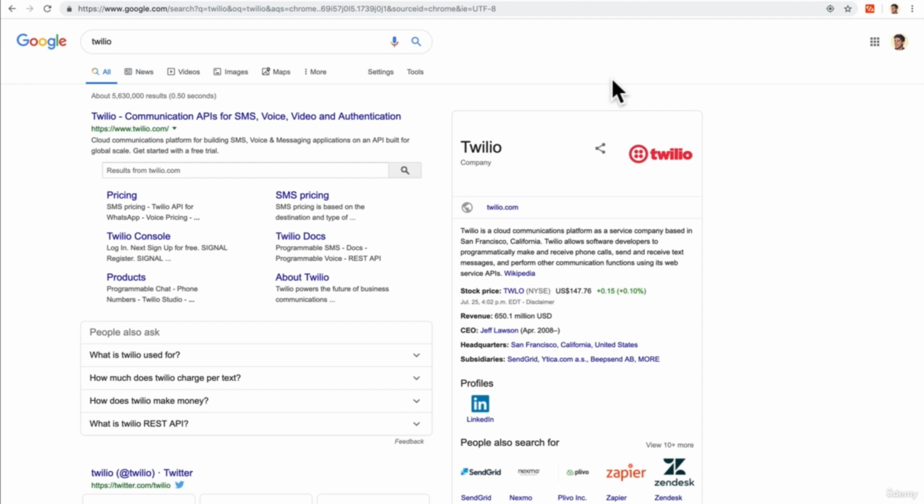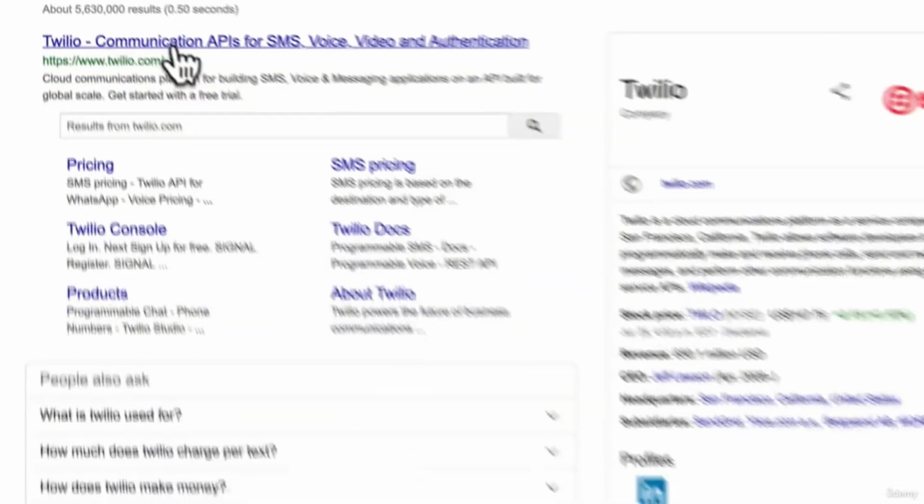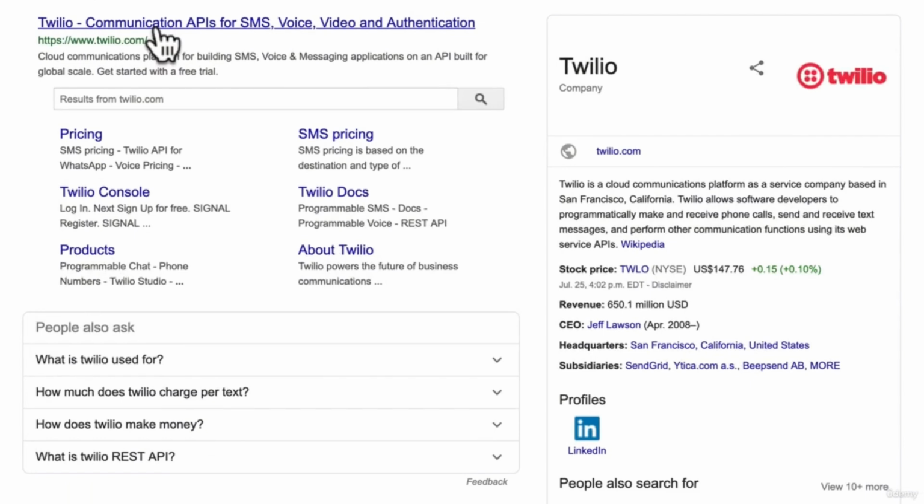But how can we do that? Well, luckily, it's all about APIs. And Twilio is the go-to when it comes to anything related to communications. Whether it's text, voice, or audio, Twilio is a great API for you to use. Now, if I click on Twilio here,